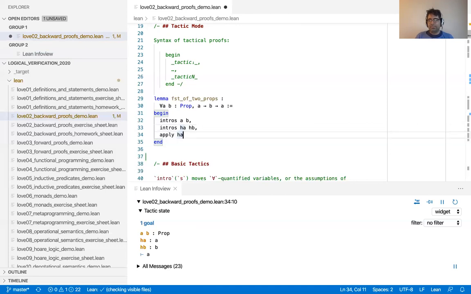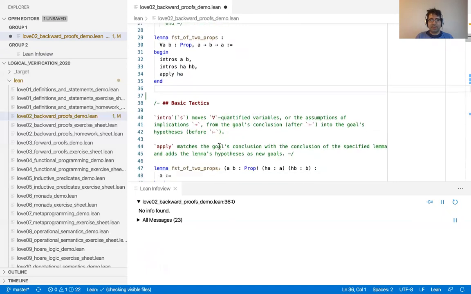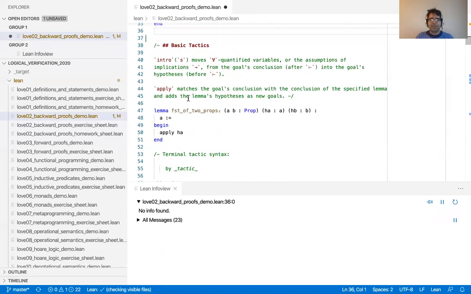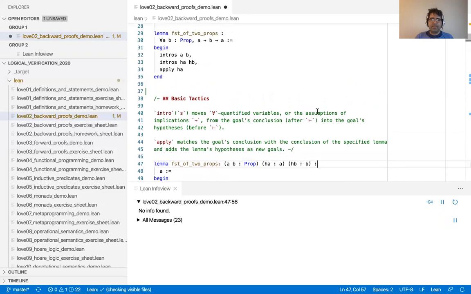So at this point, we know we have among our hypotheses the goal. So we can just use another tactic, which is called apply, which uses that fact, if you like. So let's see that more slowly. So you see, this is the documentation of intros, which you can read at home. This is the documentation of apply. And again, you have more detailed explanations in the Hitchhiker's Guide. Then you see here a second way of stating the same lemma, well, essentially the same lemma. So here we've said,